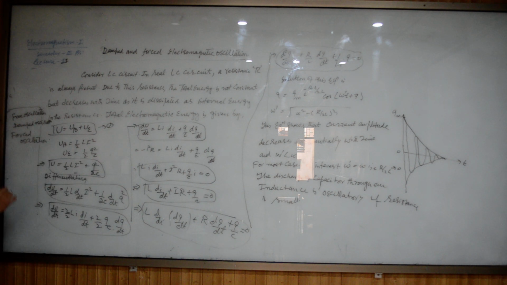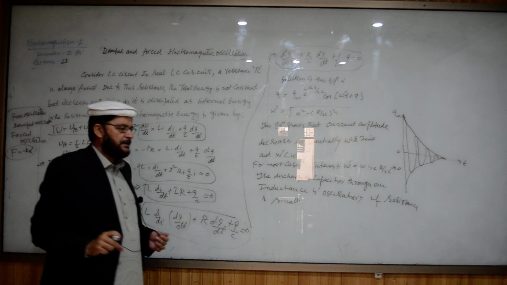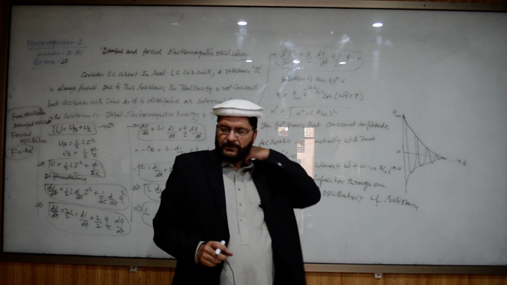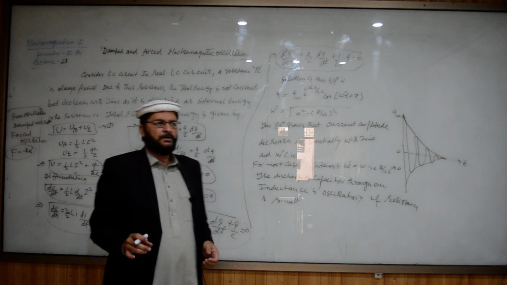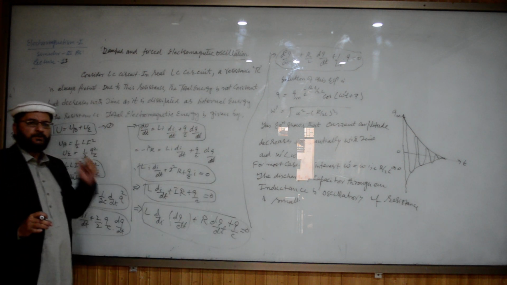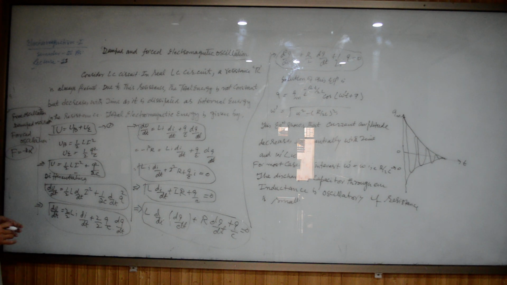Free oscillation means that F is, for example, in mechanics, F is equal to minus kx, when there is no damping media and the energy of the oscillating body is constant, with no decrease in the amplitude of the oscillating body. Then that type of oscillation will be a free oscillation, of course. While in case of